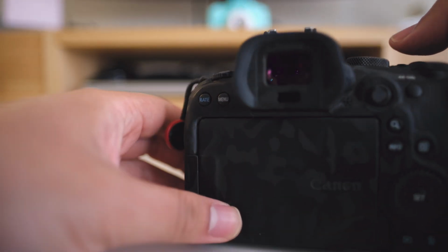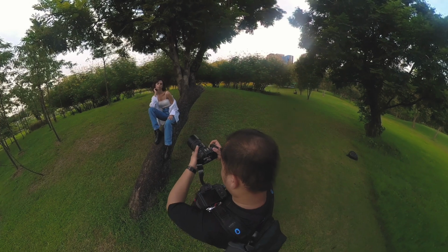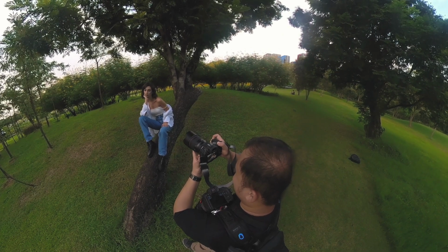Here in Northern Europe, you can really see the screen within bright sunlight really fine. But of course, if you're in tropical countries like Thailand, you might actually have to shield the screen a little bit. But where I find it quite weird is the screen size itself. The screen size is actually smaller than the screen size on the EOS R and the EOS R5. And for the price, I was like, okay, why can't you just put a tiny bit bigger screen